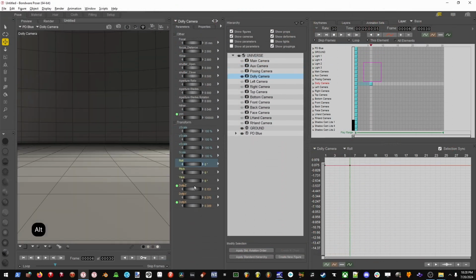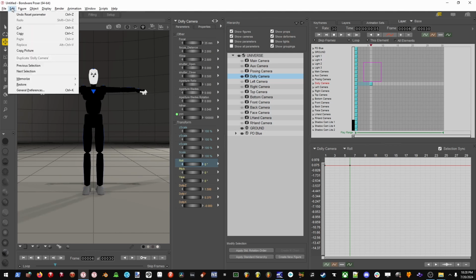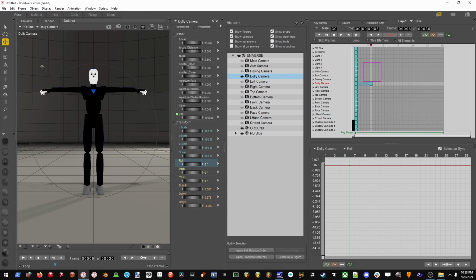What am I talking about? Okay, so you can memorize these settings as the new default. If you go to Edit, Memorize, and click Camera, or you can do the hotkeys. Make sure you have the right camera selected and everything for that. But now if we reset the camera,